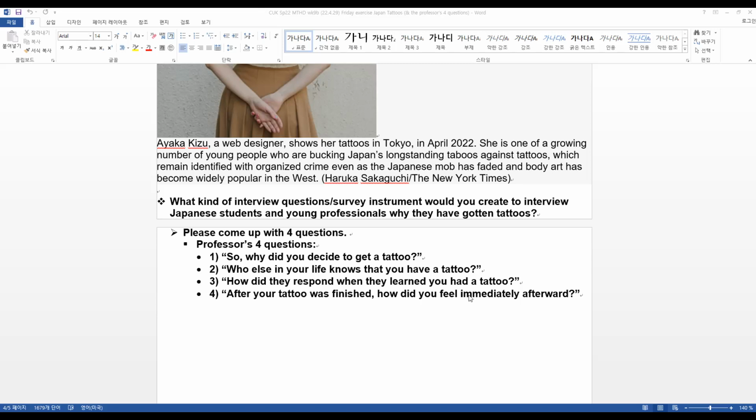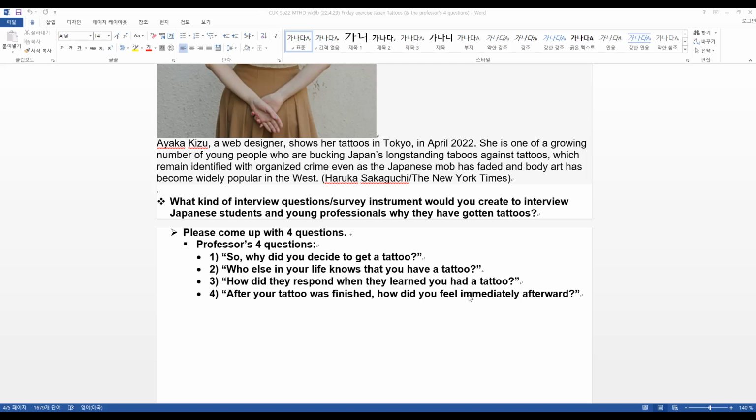So that autobiographical information is going to be really important. And then you can get to these questions. So then ask me, we're almost up. So ask me a question. So why did you decide to get a tattoo? Well, my friends were getting tattoos. And so, that's important. I said it's because my friends are getting tattoos. I didn't say because I saw it on television, or I saw a K-pop film. My friends are, and she might say something else, and he might say something else.